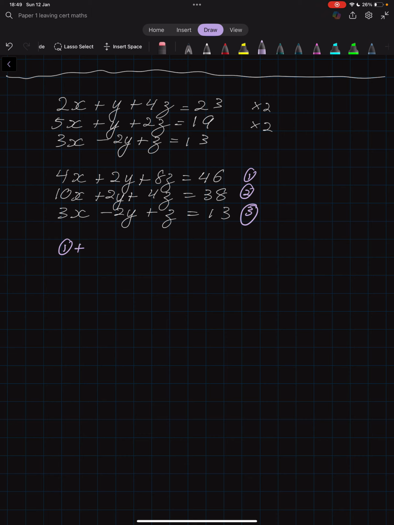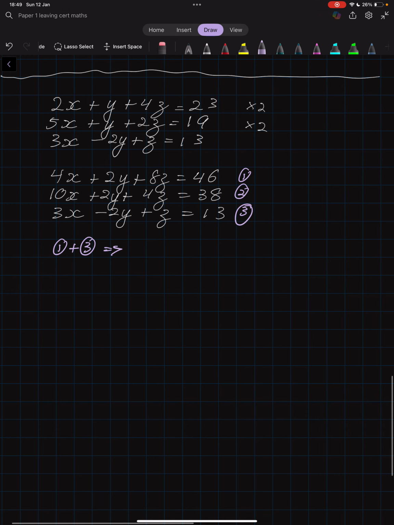If I add those two equations, I'm going to get 4x plus 3x is 7x. 2y minus 2y is 0. 8z plus z is plus 9z. 46 plus 13 is going to be 59. And I can also do equation 2